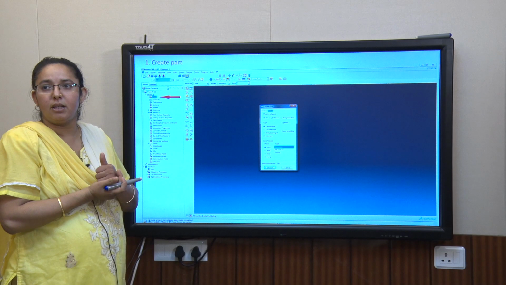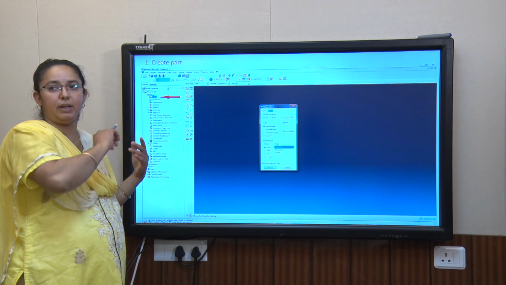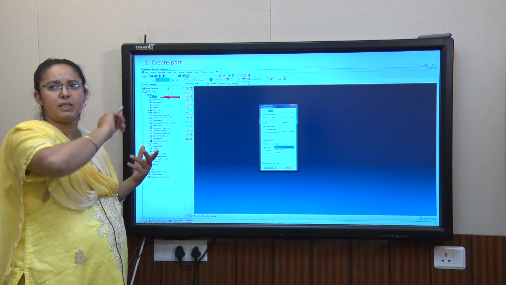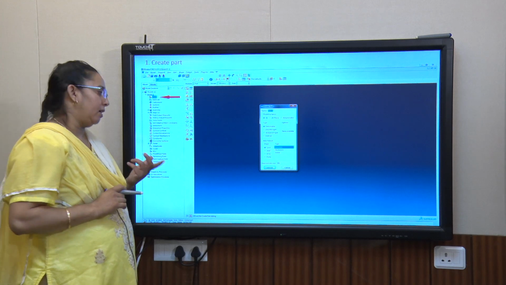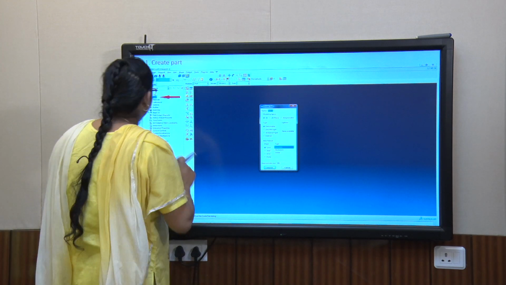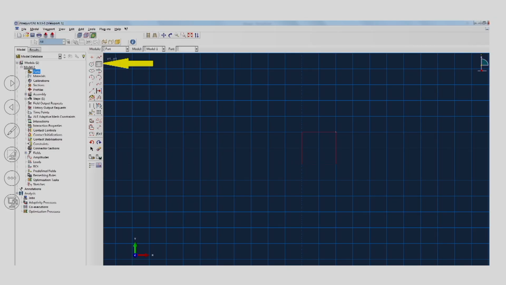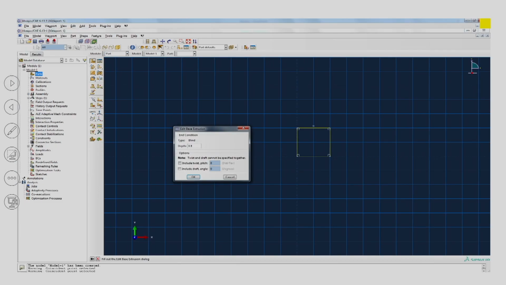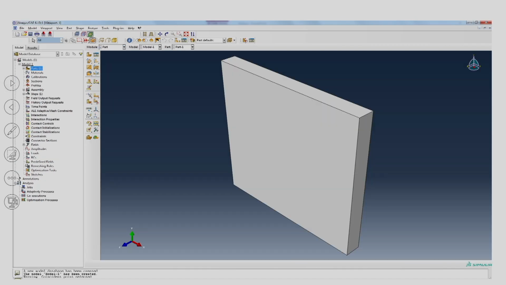When we are interested in modeling a beam, sometimes for a one-dimensional beam we just model it as a wire, sometimes it is two-dimensional also. Then you have to choose whether you are talking about a rectangular plate, or circular, or a different kind. So you go to this, give the dimensions and create the part.